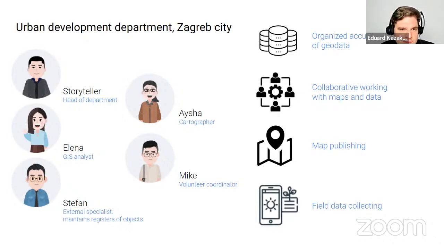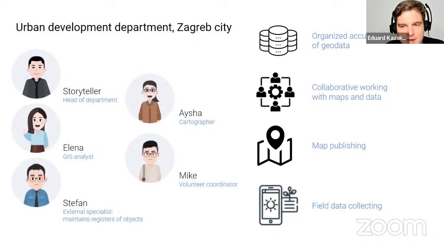We have a team of 5, so there is a head of department storyteller, several his colleagues, Aisha, Elena, Mike. They all do different stuff. So Aisha is a cartographer, Elena is a GIS analyst, and Mike coordinate volunteers. We also have one external specialist who maintains registers of object in our